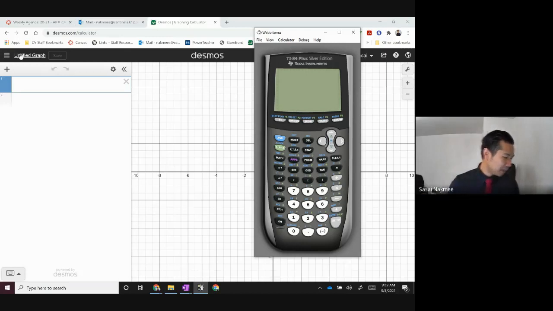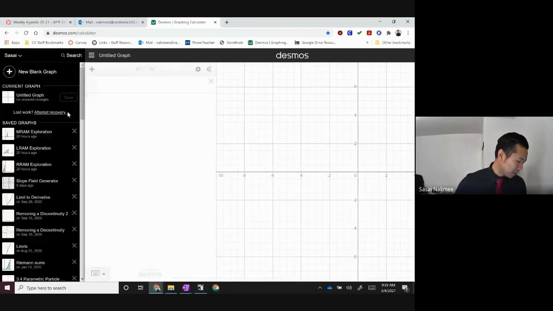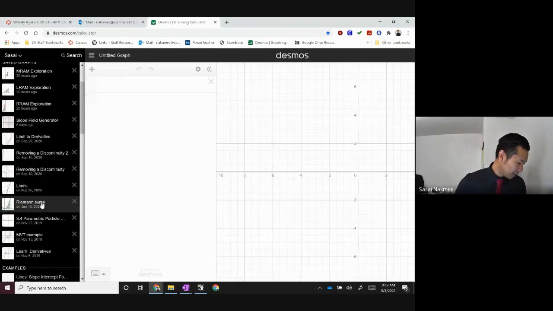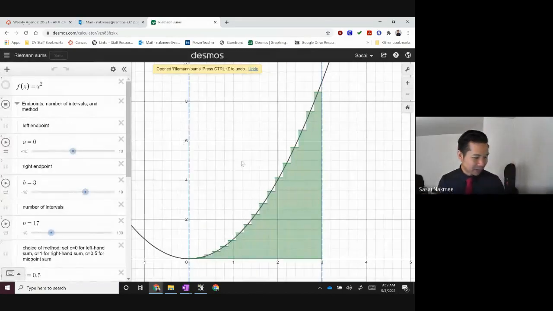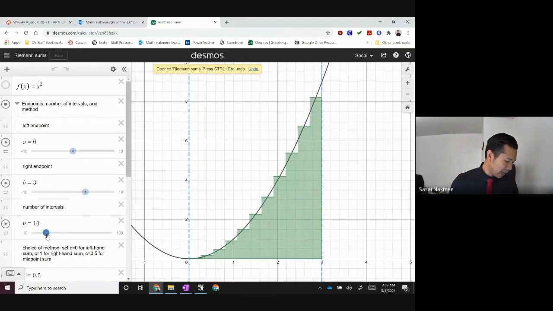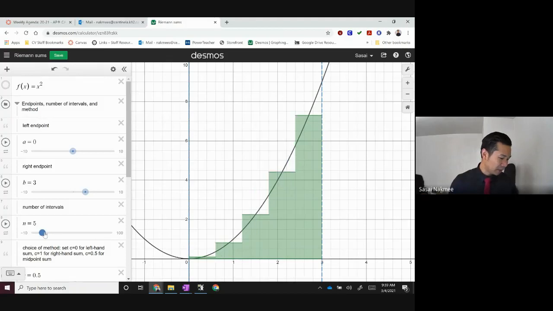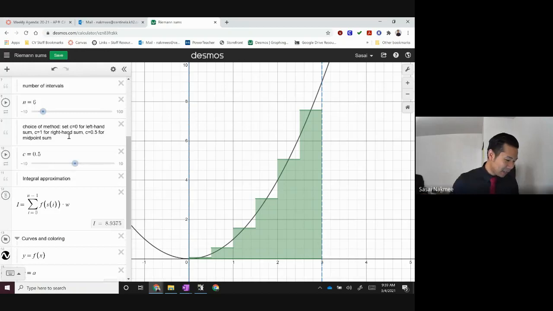But anyways, what I want to show you is here on Desmos. Check this out. I Googled Riemann sums, and this came up. I thought this was pretty cool. They have an n slider for how many rectangles you need. So if n is equal to 4, or 5, or 6, it does it automatically. And it also does left hand, right hand, and midpoint.